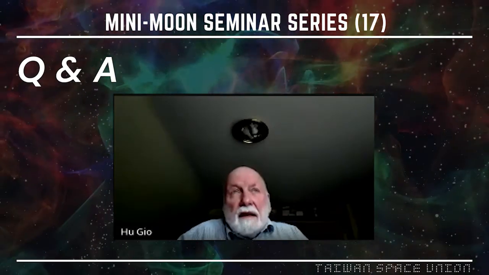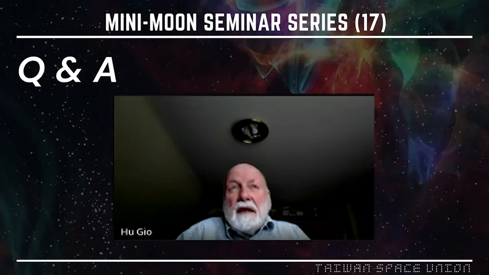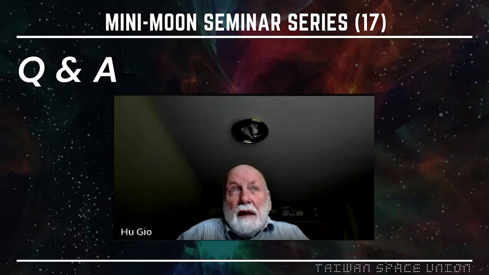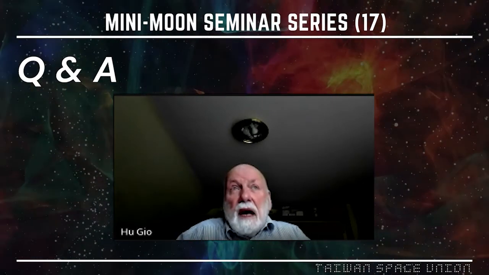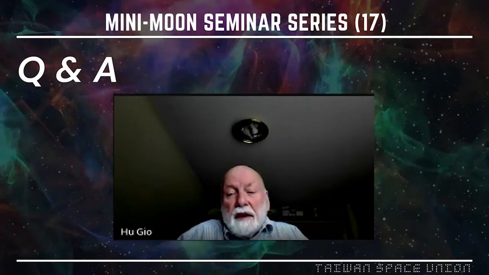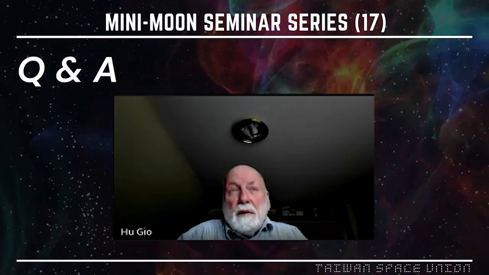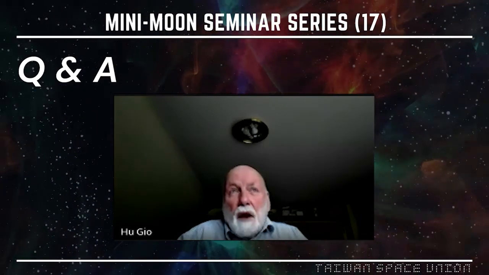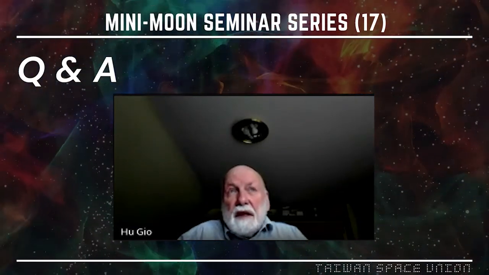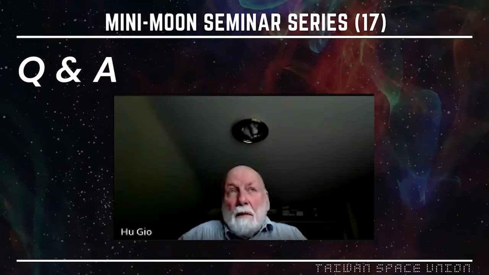If I understand you correctly, you want to know how the activity can be maintained on the surface, and the only way to maintain the activity of the nucleus is that you have to remove the non-volatile material. The volatile material, the subliming ices, have to be capable of removing the non-volatile part, the dust. And if at some moment the sublimation can't remove the dust anymore, the comet would be dead.